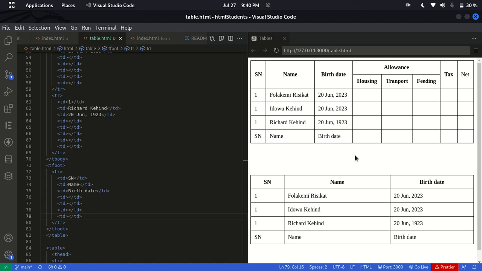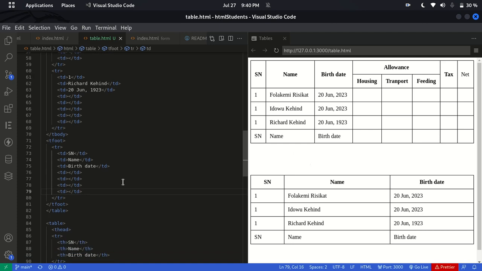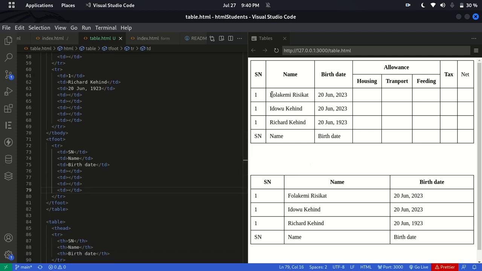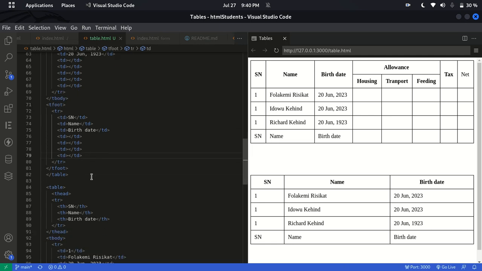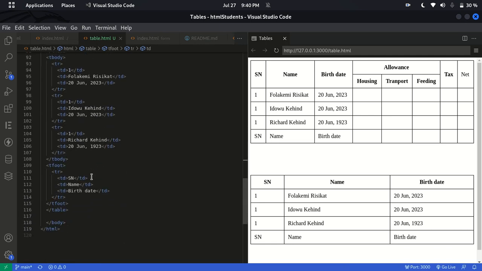Yes. So sometimes you might want to merge like 2 tables. Okay, let us create another one. You might want to merge 3 like this. This one, all this row like this. You want to merge them together. What you need to do in that case is to